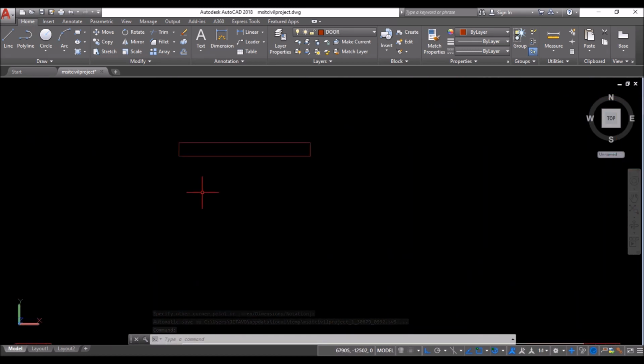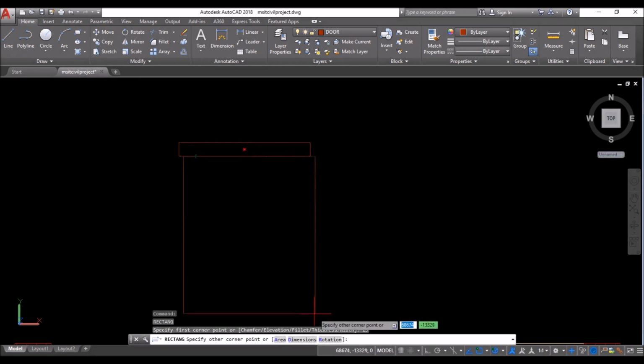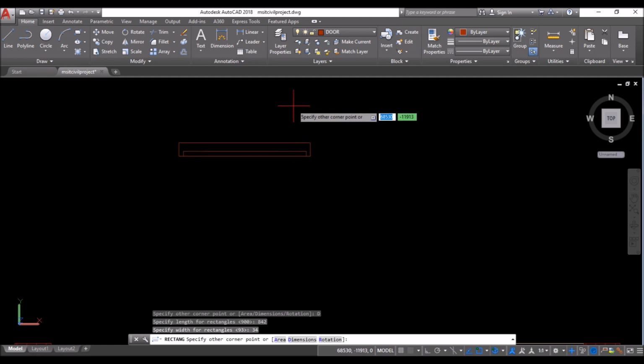Now zoom in and repeat rectangle command. Take 29 units extension towards right from the endpoint snap as shown. Make sure the object snap extension is turned on while taking extensions. F11 is the shortcut. Then click on dimension again in the command line. Specify the length of the rectangle as 842 units. Press enter. Specify the width as 34 units. Press enter again. And then left click in this side to place the rectangle over here.